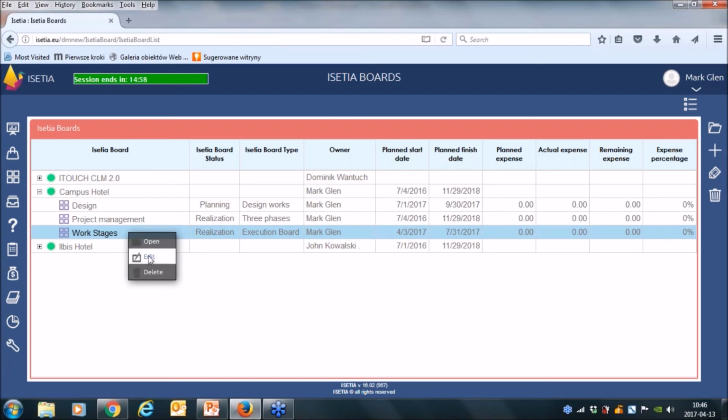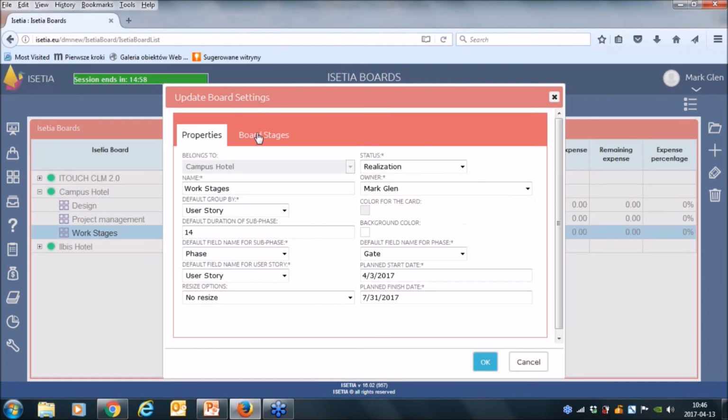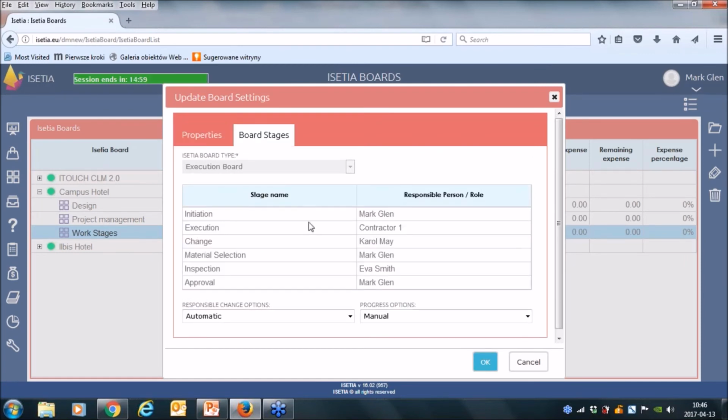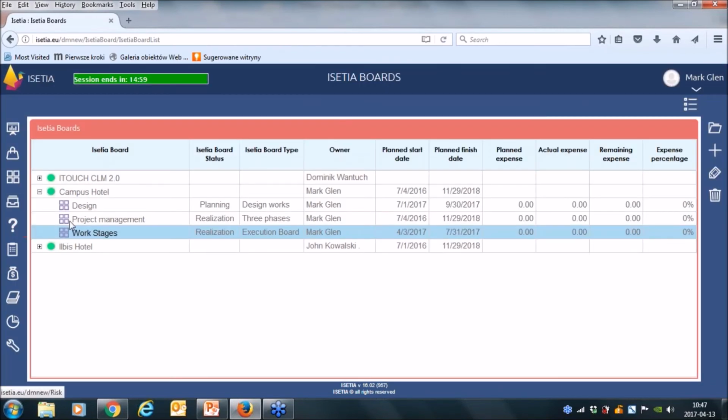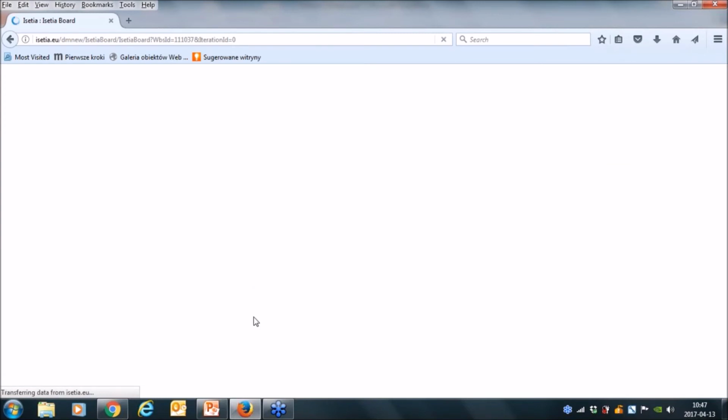Now I can show you a little bit more. And in these work stages, I pointed out as a responsible person for each of the stage, for Mark Glenn's initiation, contractor execution, Carol May change, and so on. So we can use ISETIA board also to control the flow of the work between our team members, contractors.